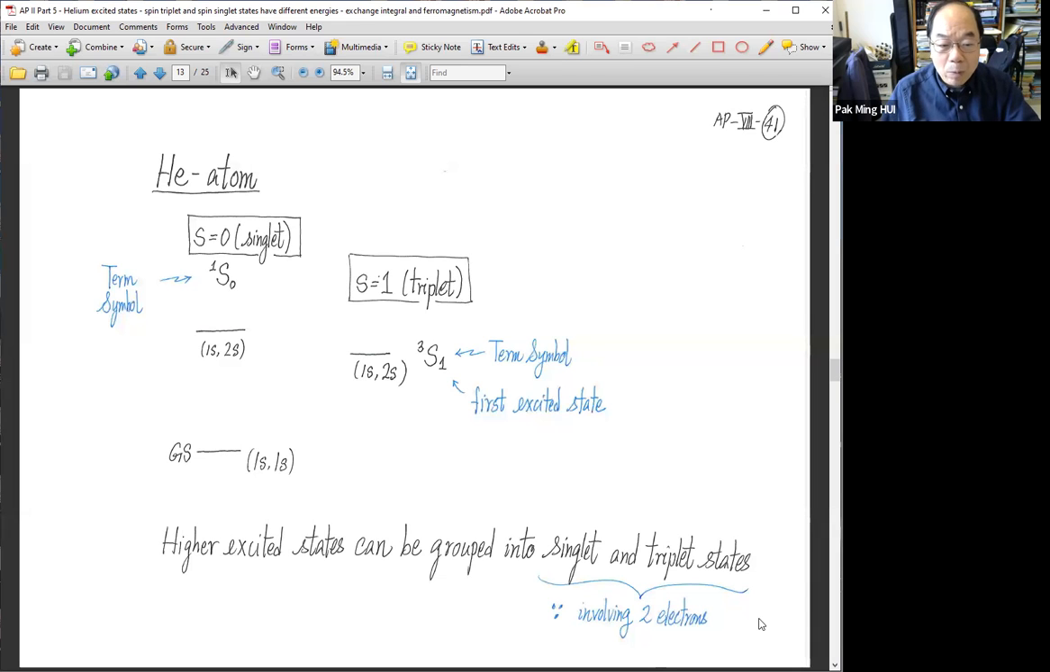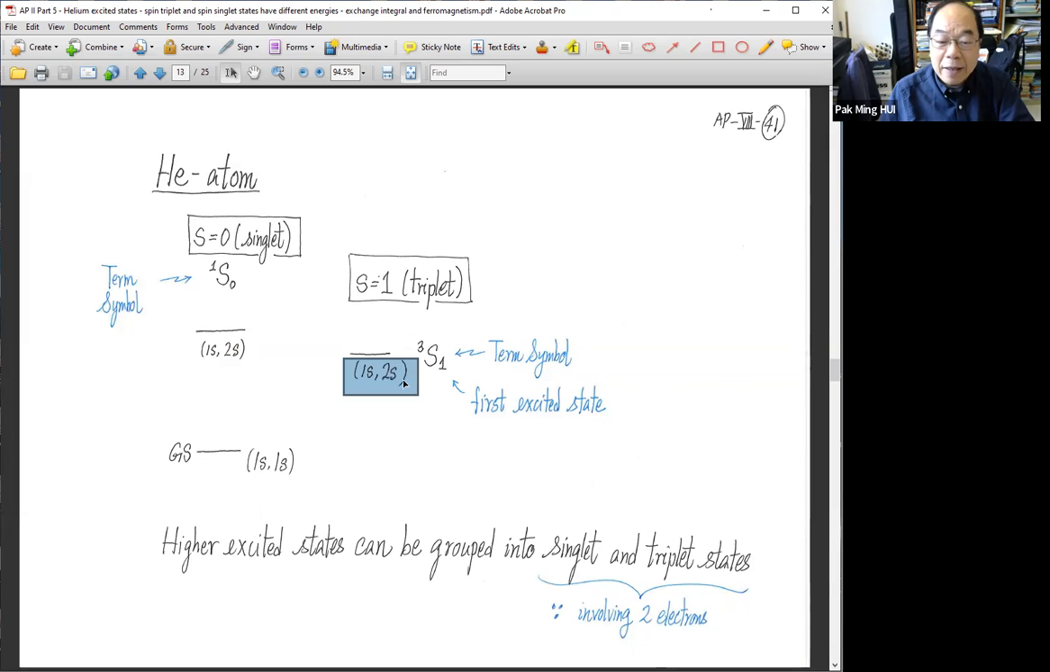So what we conclude so far qualitatively is the following. The ground state no doubt is a singlet because there's no choice. The spatial part is symmetric. And for the first excited state, it is the triplet one. It has a slightly lower energy than the singlet excited state, with 1 electron in 1s and 1 electron in